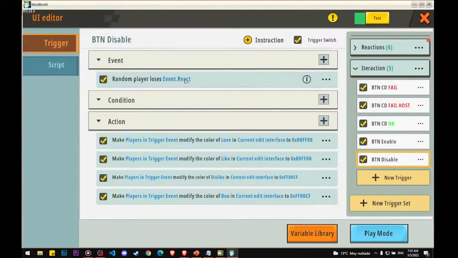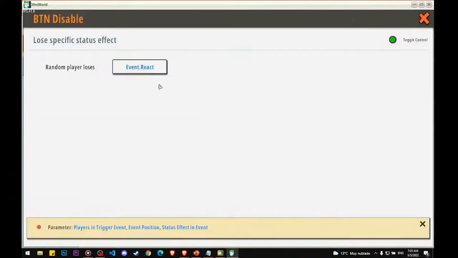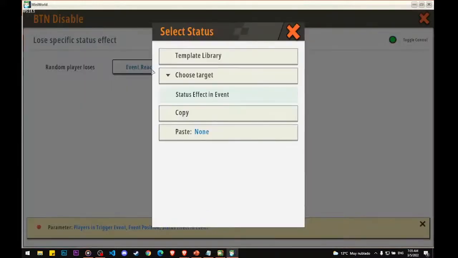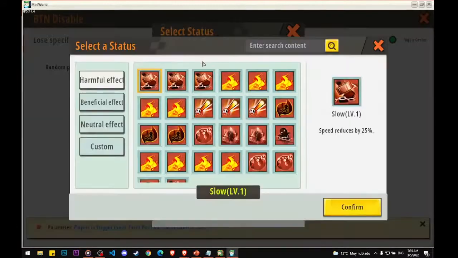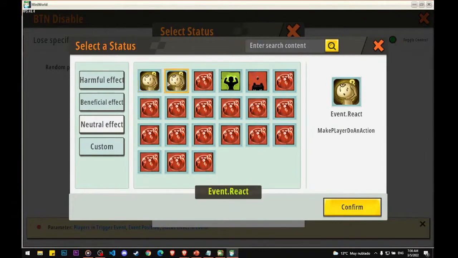What you're gonna do is place it, okay? When you place it, you're gonna edit it. And very important, guys, here you have to select which buff we are going to use. So just open the frame, go ahead and click on template library, and then move to neutral effect. And remember, we edit that, so you have to search for this event, the one